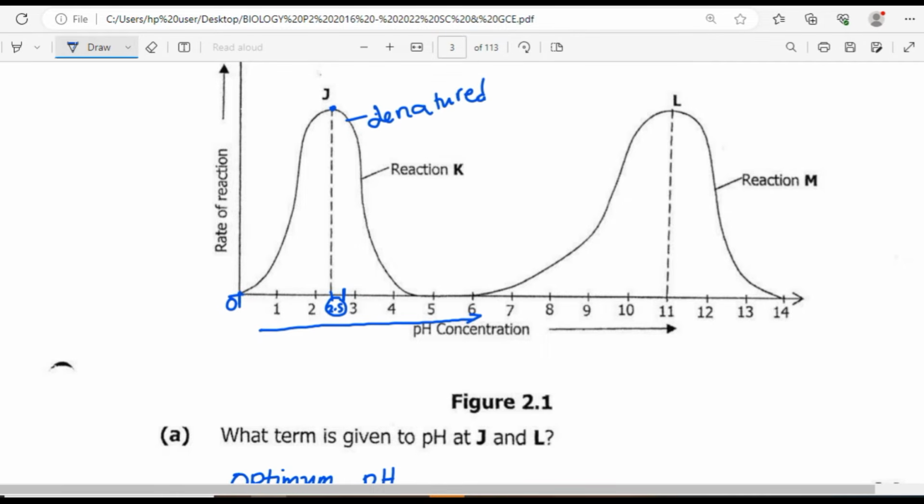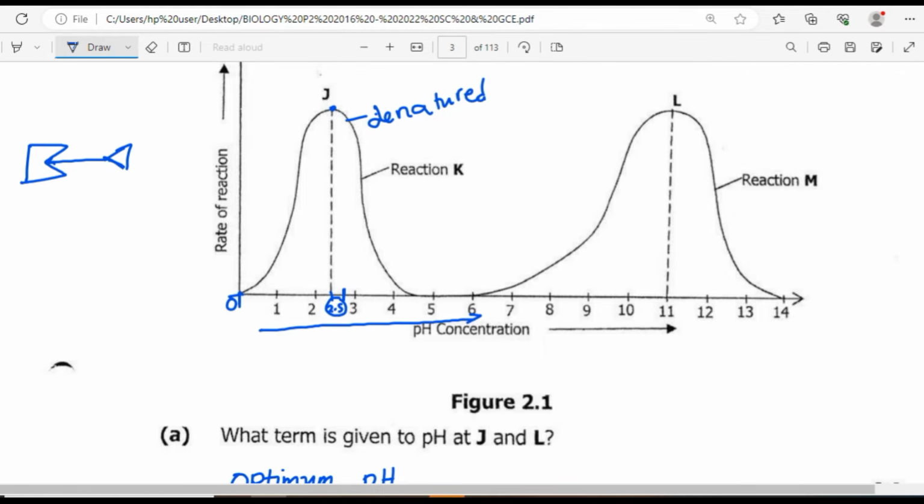What does it mean to denature? To denature simply means the enzymes have lost their original shape. Remember, one of the characteristics of enzymes, we say enzymes have specific what? Shape. Like for example, lock and key. We may have an enzyme with this shape. Then the food substrate must be like this so that it has to fit here to make the enzyme substrate